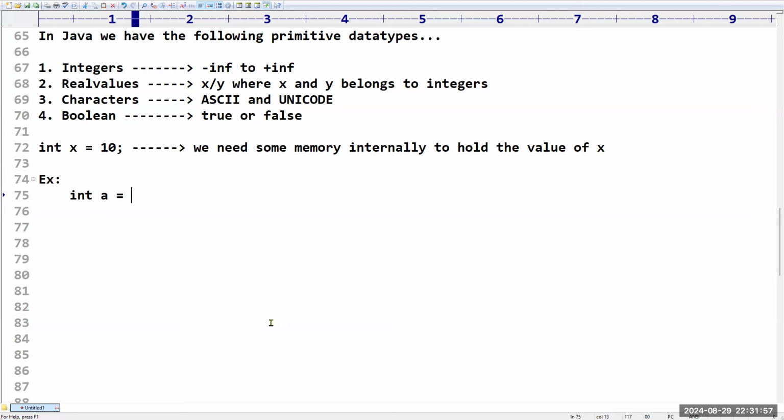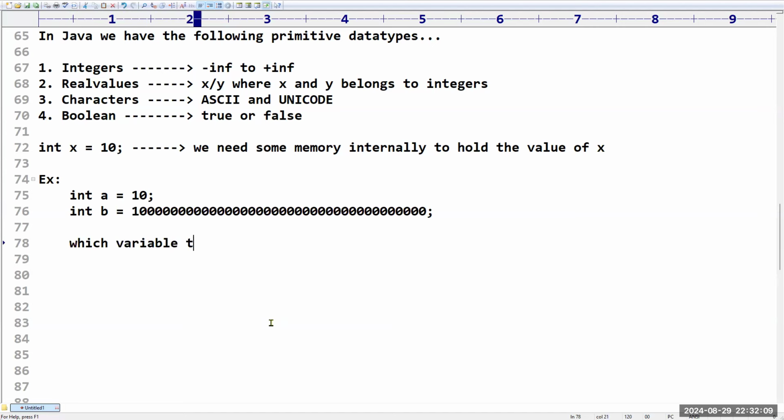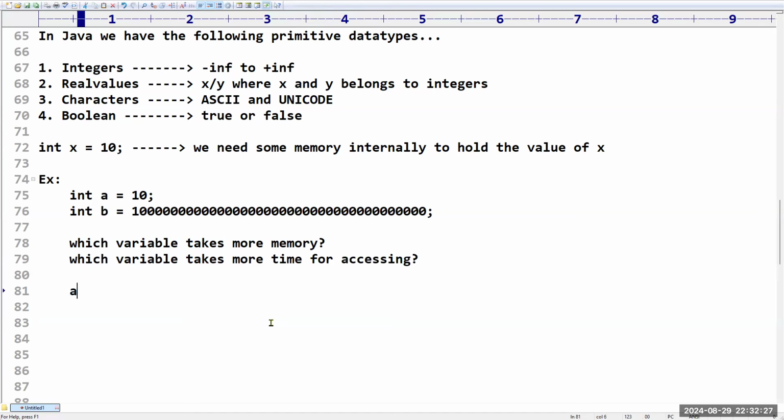Now, I have two variables. Integer a is equal to 10. Integer b is equal to 10. Now, my question is, which variable takes more memory? Can anyone tell me which variable is going to take more memory? And which variable takes more time for accessing? Can anyone tell me the answer for these two questions? Is it A or B? B. B. Why? Because